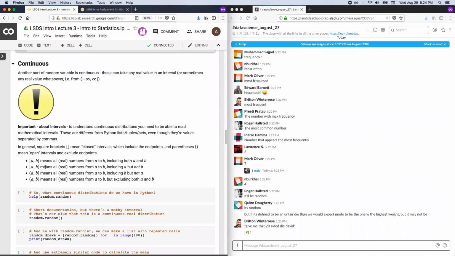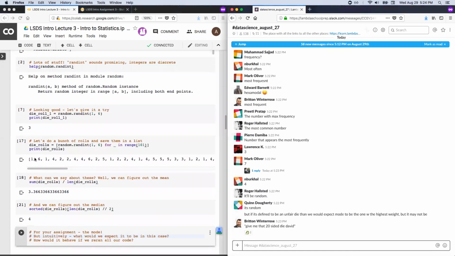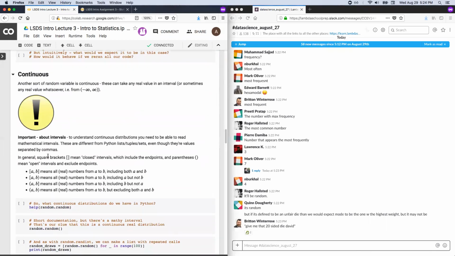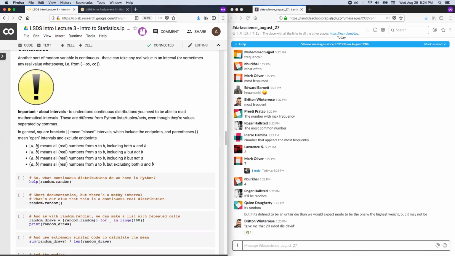Maybe some of you already know about this, but you should be able to read this notation. This is different from when we were looking at Python lists, right? This is a bunch of numbers separated by parentheses and brackets. That's great. It's a Python list. But in a math context, and I try to make it clear with how I typeset it here, brackets are closed intervals, which perhaps kind of counterintuitively include the endpoints, and parentheses indicate open intervals, and those exclude the endpoints.